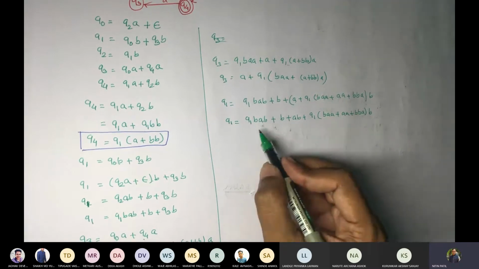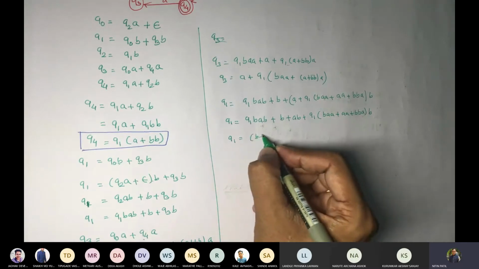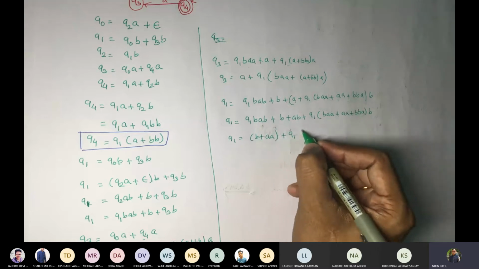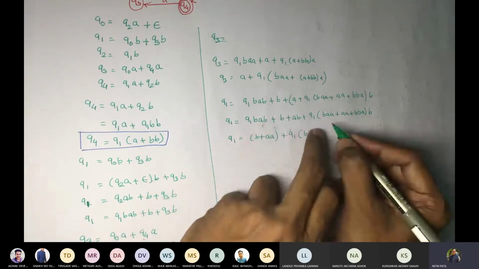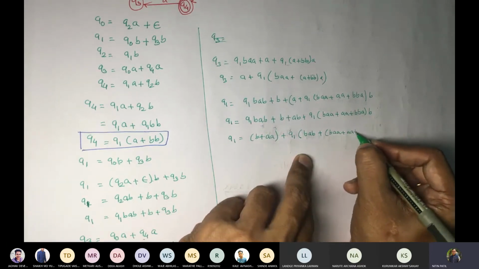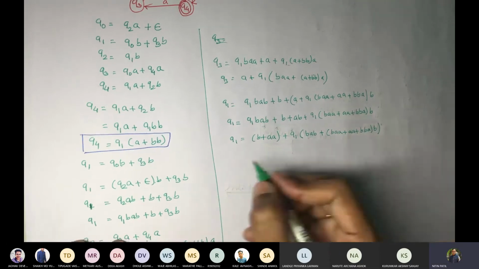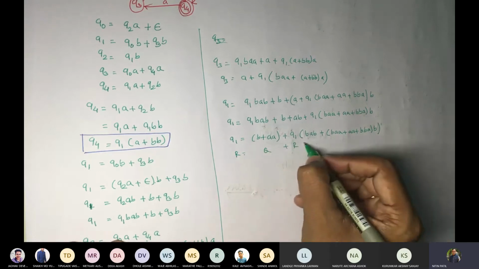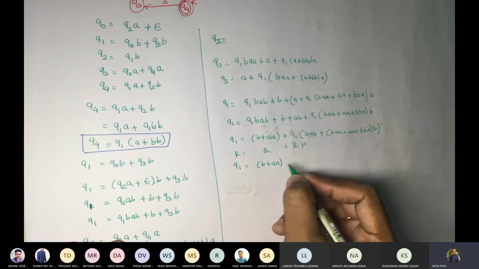Now we can see we can take Q1 common. So I will take this non-Q1 components here. So I will take B plus AA outside. Then I will plus Q1 BAB plus, now this whole thing, BAA plus AA plus BBA bracket B and then bracket. So one can see now R equal to Q plus RP, and this whole to be P. So it would be what? Q1 equal to B plus AA Q.